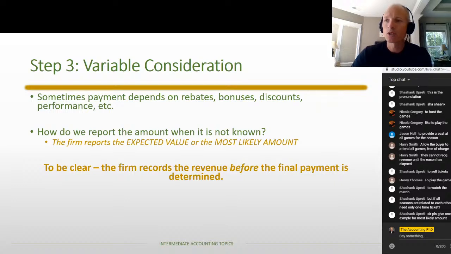One example of a most likely amount. So when we talk about a most likely amount, let's say, as an example, I'm a mergers and acquisitions advisor, and I contract with a customer who's selling their company. Let's say that part of the contract says, with the initial sales price, my commission, I get